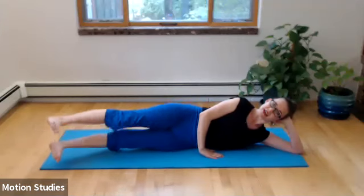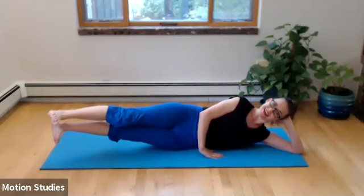Again, lift both legs and flex. Top leg, one and down. And two, and down, and three, part way down, inner legs pull together, point and lower. We can do it last time, lift and flex,